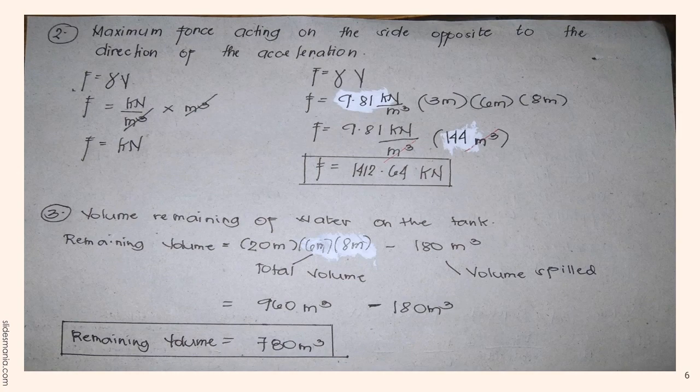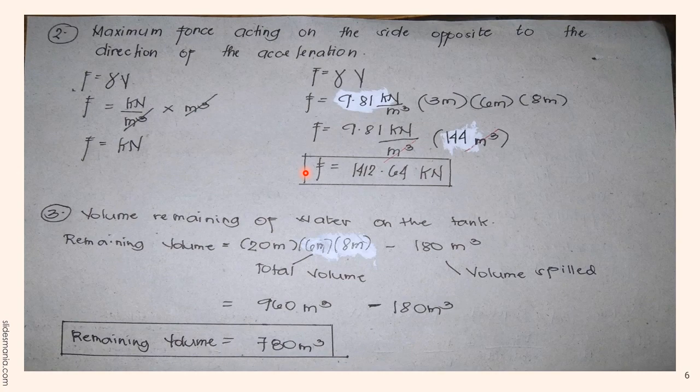Solving for our maximum force, we use the specific weight of water, 9.81 kilonewton per cubic meter, times the volume left in the container, which is 3 meters by 6 meters by 8 meters. Multiplying it, we have 9.81 kilonewton per cubic meter times 144 cubic meters. Cancel cubic meter from both sides, and we will have our force as